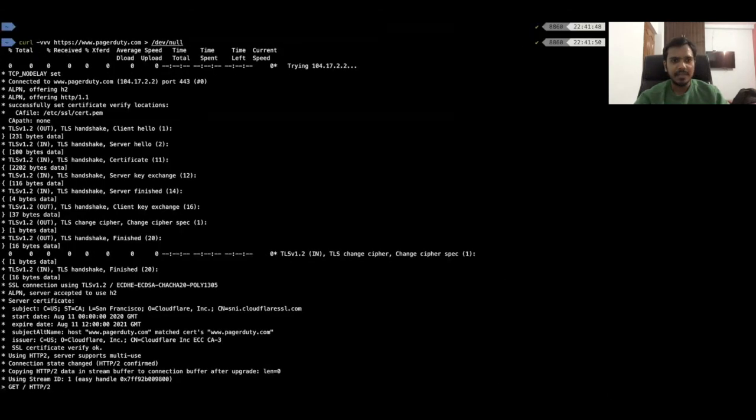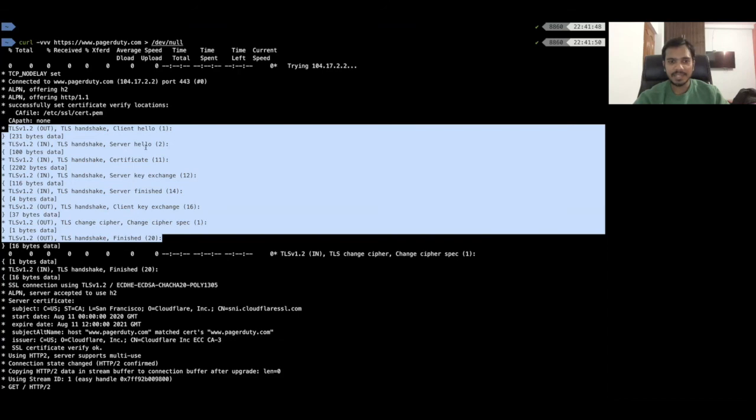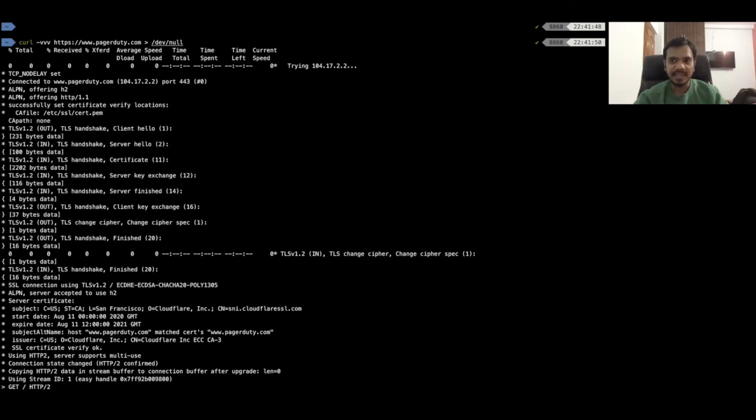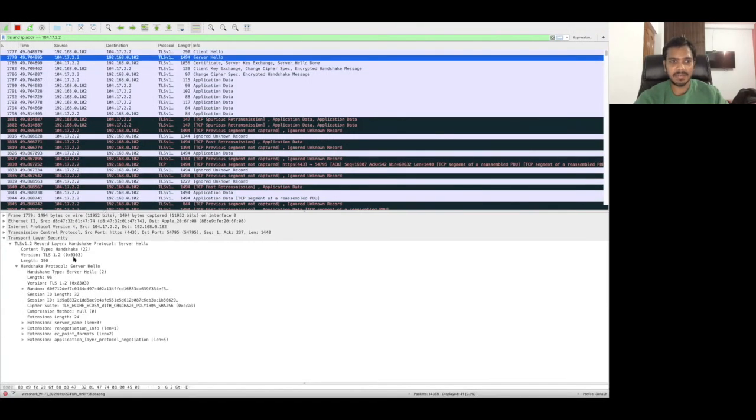And of course, the curl command is again important here. You can see all the steps here also: same thing, client hello, certificate, server key exchange, server finished, client key exchange, client cipher spec finished. All of these are here also. But using curl, you are not able to see the exact details of all these steps. What the client is sending in client hello, you can see in Wireshark itself, but you cannot see it here. Similarly, what the server is sending in the server hello message, you can see in Wireshark itself, like exactly what it is sending. It is sending a server random, then the cipher suite it has selected for key exchange. All of these are in Wireshark.